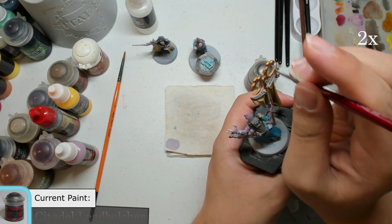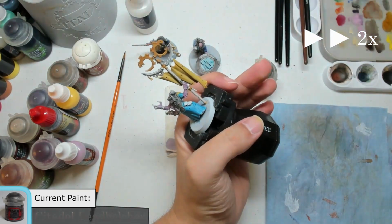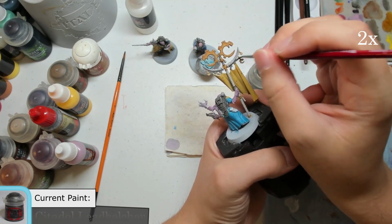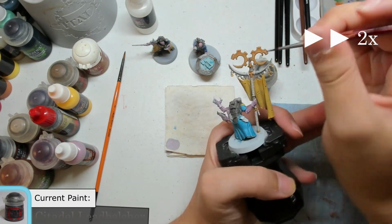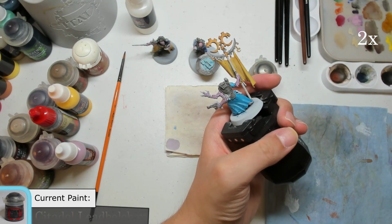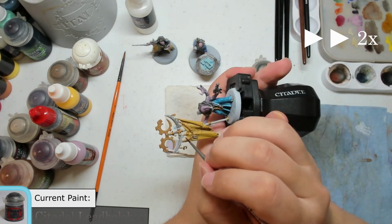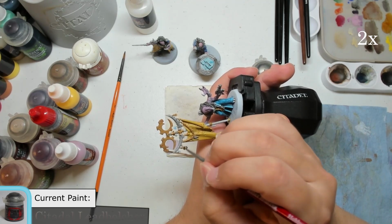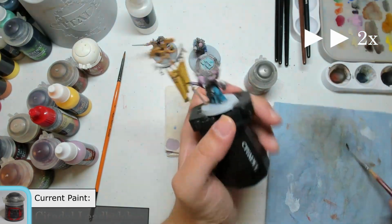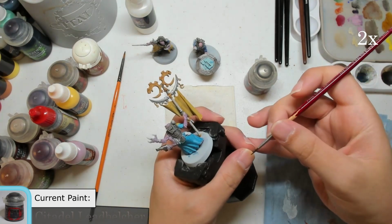So basically I'll be doing an overbrush of Leadbelcher. Trying to keep it thin though, so it's not too strong. And I don't really dry it out, so it's not a dry brush, unless it dries on the brush instead, in which case maybe it is dry brushing, but I do only use a little bit, and I would say it's still more overbrushing, but could potentially be dry brushing depending on how you look at it. But yeah, we use that process for the armor, and I think I add a little bit to the pistol for the